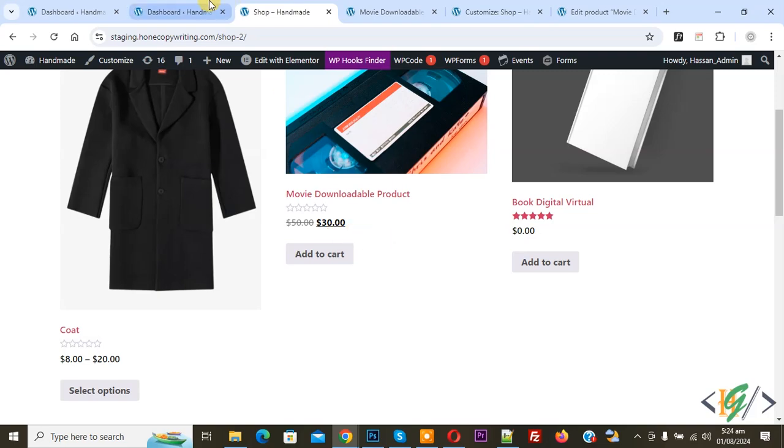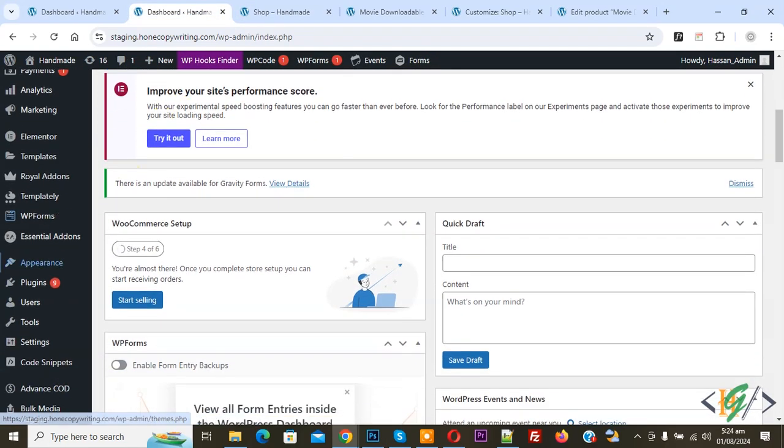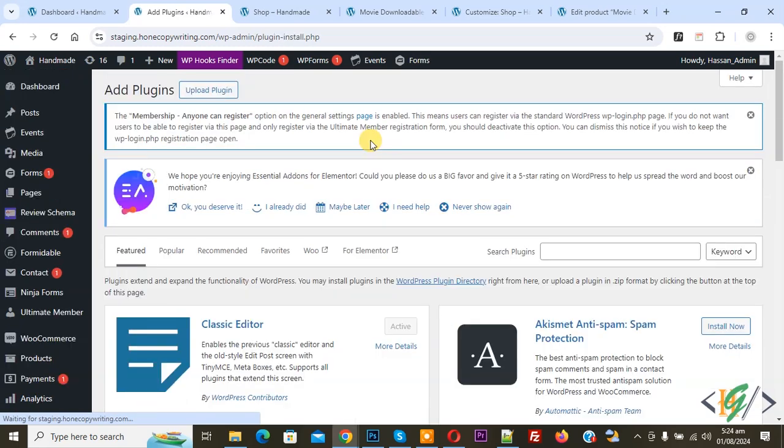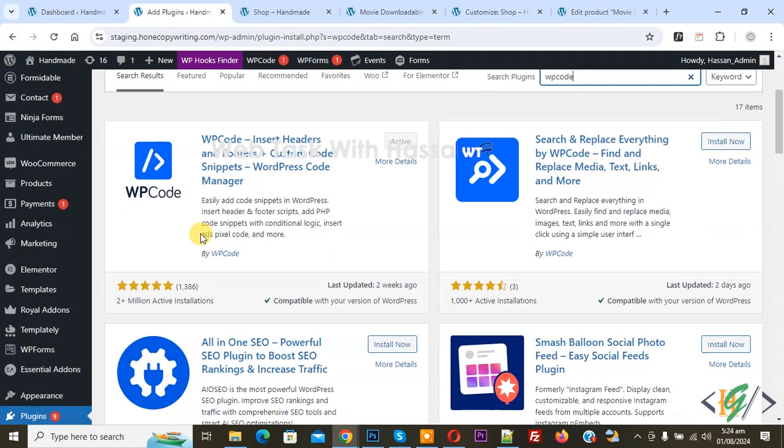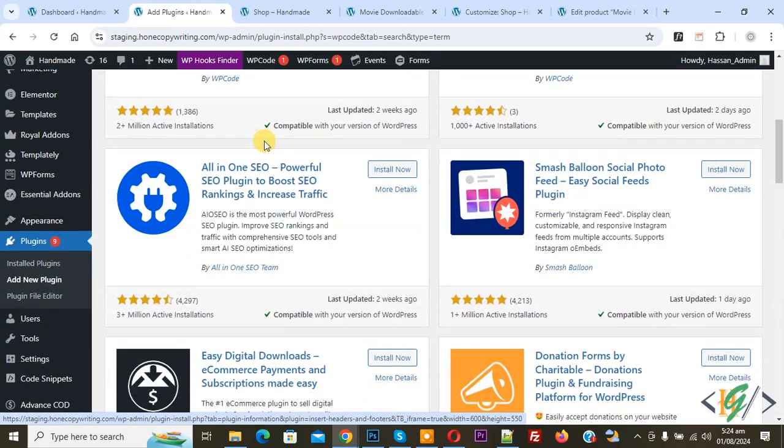Now go to the dashboard. On the left side you see Plugins. Click on Add New Plugin. Then in the search plugin box write WP Code. So this is the plugin WP Code Insert Headers and Footers that we will use. Install this plugin and activate it. After activation, on the left side you see Code Snippets and